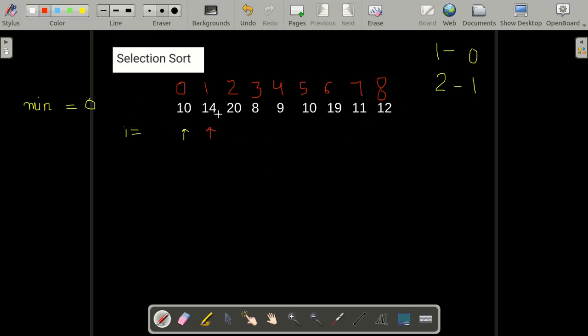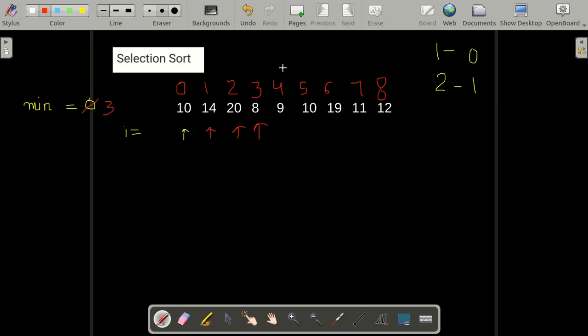Now over here we'll see 14 is greater than 10, that is index 1's element is greater than index 0's element. So we'll go forward. Even 20 is greater than 10, so again we'll go forward. Now 8 is less than 10, that is the element at third position is less than the element at our minimum position. So what we'll do over here is we'll replace this 0 by 3.